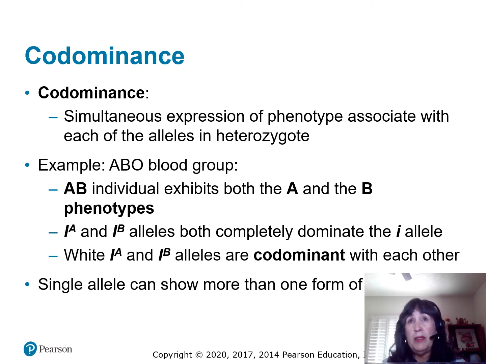Codominance means that each trait is actually expressed, and that would be for blood types, like AB blood types. So each type is expressed. Or what about when you see dogs or even cows that have multiple colors of fur? Those are codominant traits. I had a basset hound that was tricolored, had 3 colors. Those were all codominant colors.